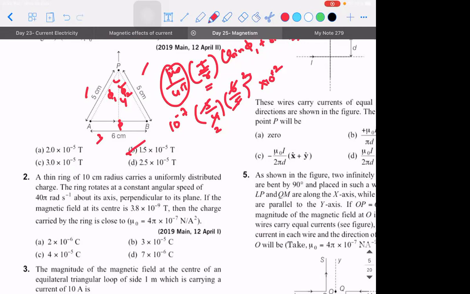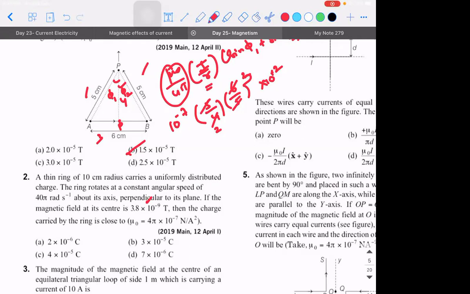You can easily get confused because they're using two things. One is charge, where we speak only about electric field. But when the same ring is put into circular motion, what is happening? They are able to observe, meaning a compass or a sensor is placed at the center. They are able to sense magnetic field. And if its value is calculated, you get 3.8 into 10 power minus 9. If this should happen, what should be the charge on the ring?